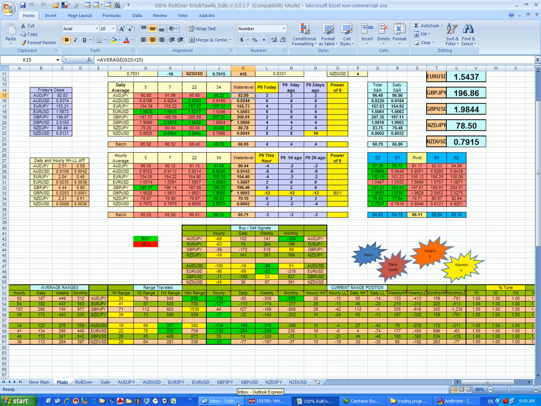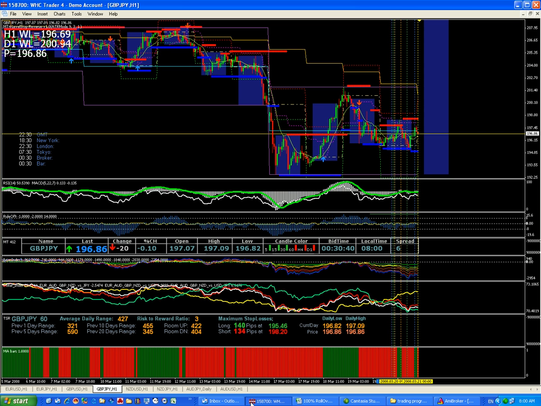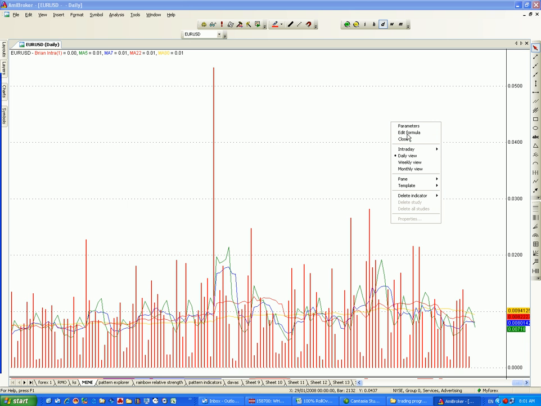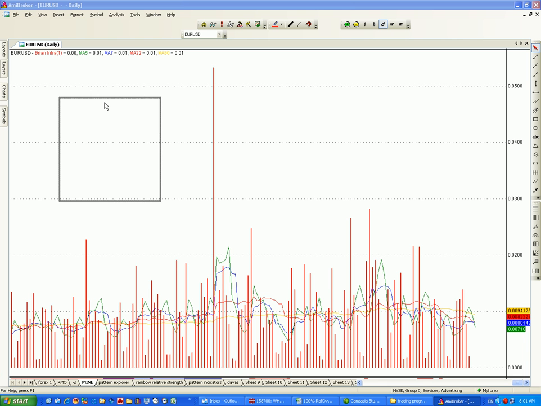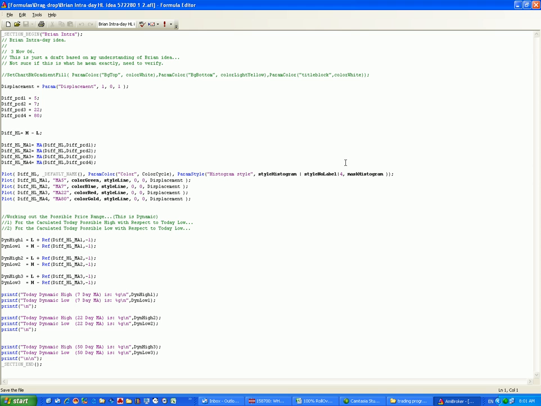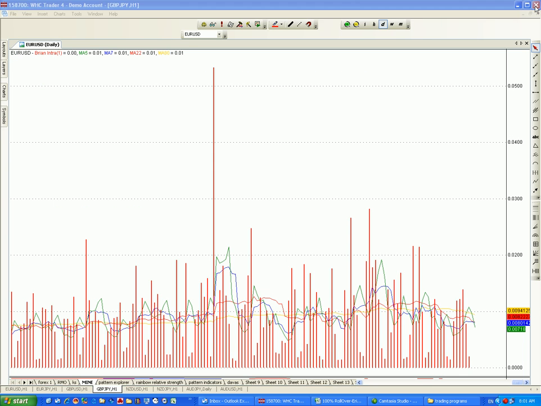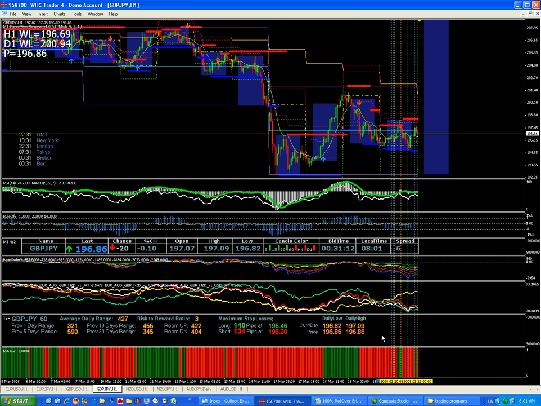And of course the water level is totally different on the MetaTrader 4, which is more accurate. It was calculated, I believe, very similar to the water level on AMI Broker. We have to drag this over from one screen into this screen. I run two screens, and you see it was calculated over the 5, 7, 22 and 80 day, which was the water level mark. So the water level is different, but basically the strategy of rollover looks at a weight